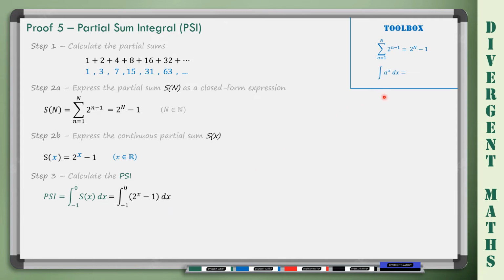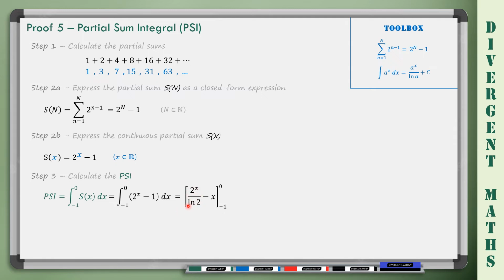Relatively easy. Let's open the toolbox. The integral of a to the x is equal to a to the x, exponential doesn't change, but divided by log of a plus a constant of integration. Here we have bounds of integration, boundaries from -1 to 0. Therefore we can disregard the constant, and we just write 2 to